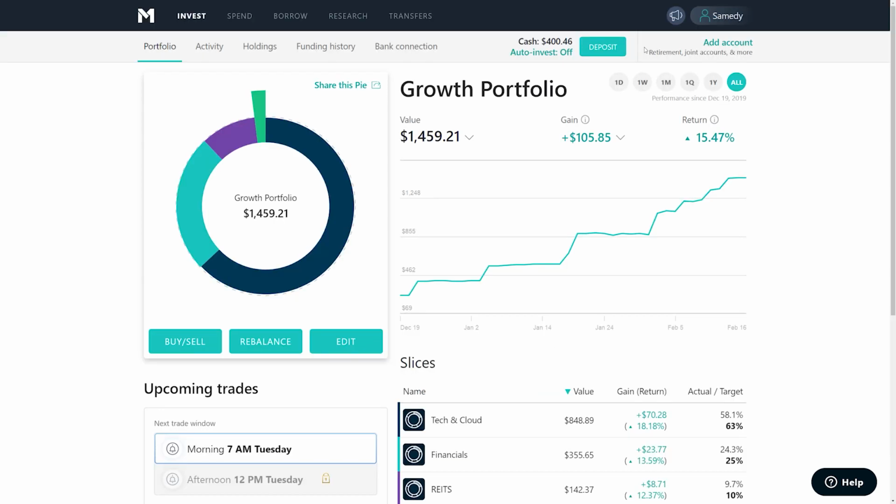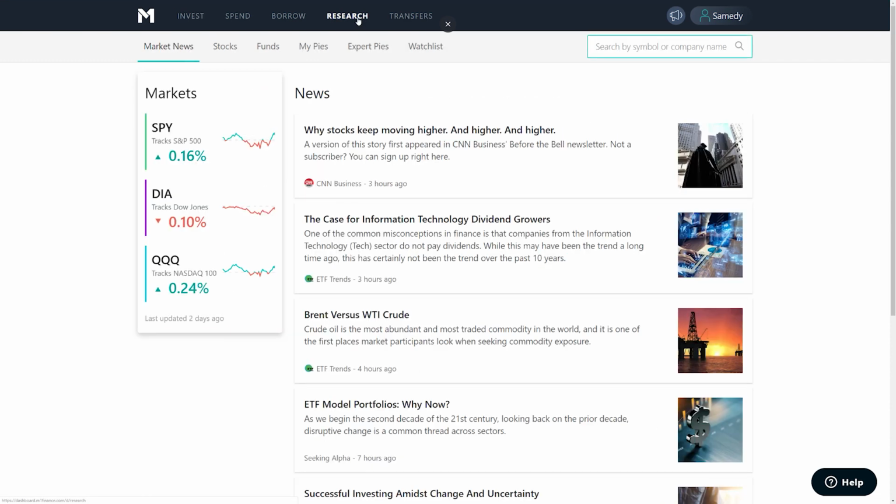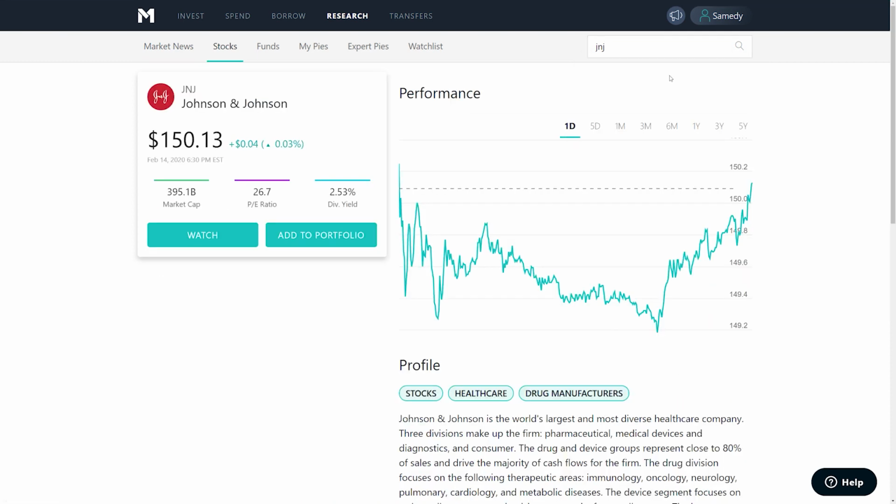Now let's say there is a stock that you've been looking at and had a recently good opportunity to buy in, and you don't have this stock currently in your slice, but you wanted to add a big portion of it right out of the bat. What you would do is go to the research tab, type in the stock, J&J for the example, add to portfolio,